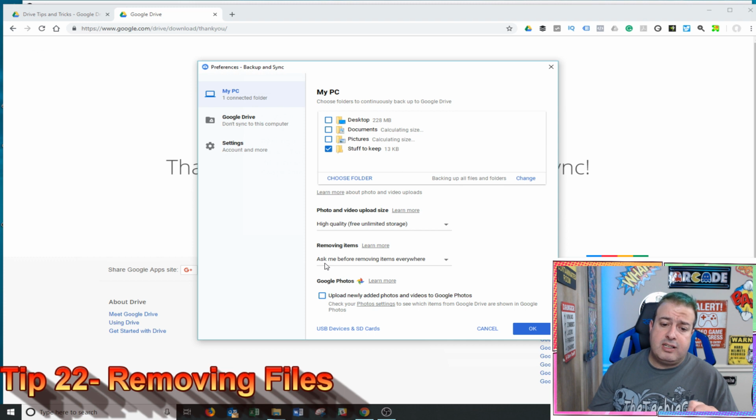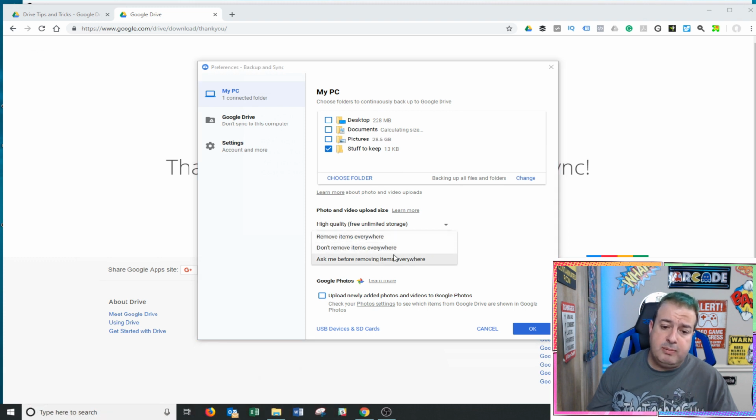Under removing item, it says, do you want me to ask you every time, or do you want to not remove the items from everywhere, or remove the items from everywhere? And that's how I keep my Google Drive and my computer completely in sync, knowing that I'm not overwriting or